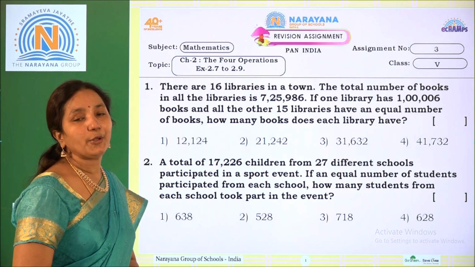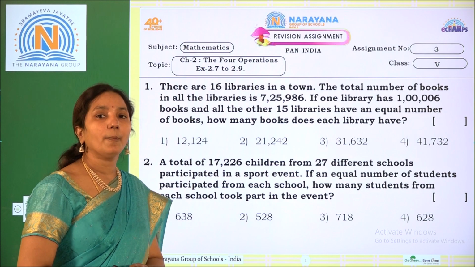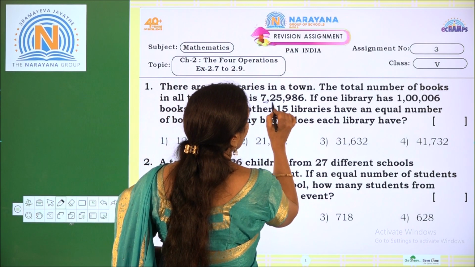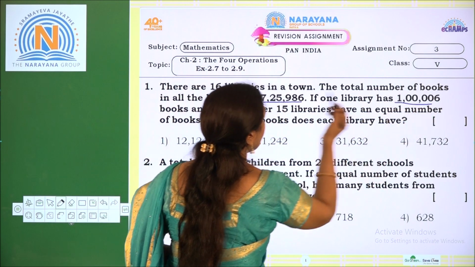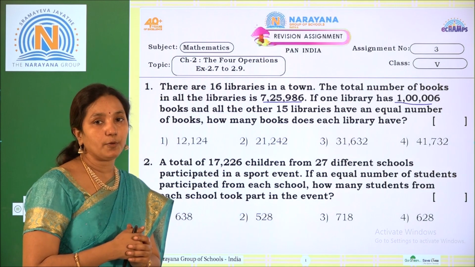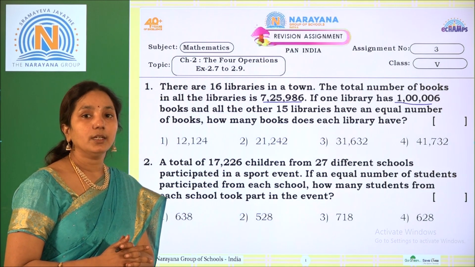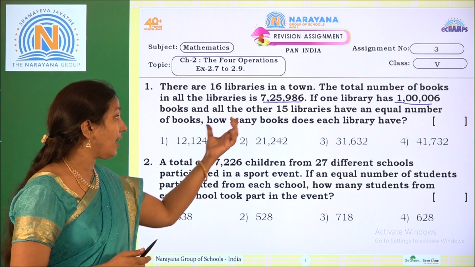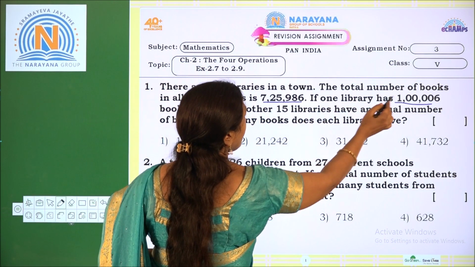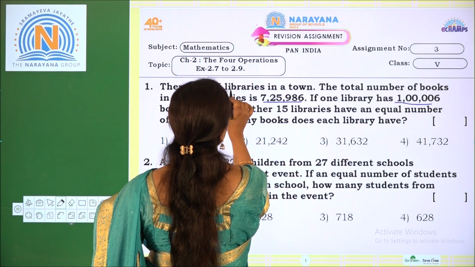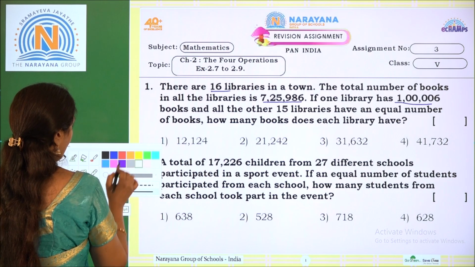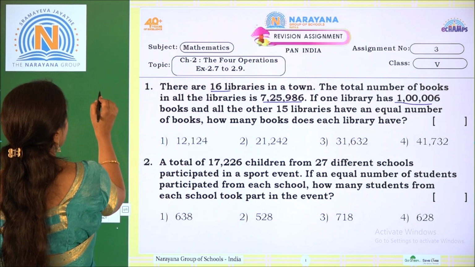So here we have to use two operations. First operation, we have to subtract from this number to this number. Then what we will get is the other books. So what are the left books? Those we have to divide by 15. So what is the given total number of books in 16 libraries? That is